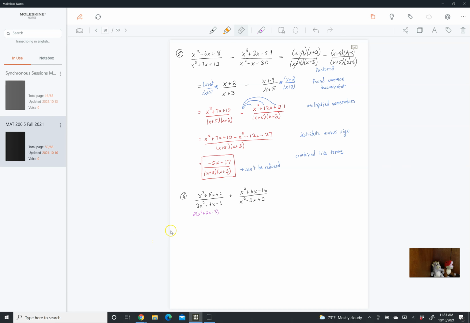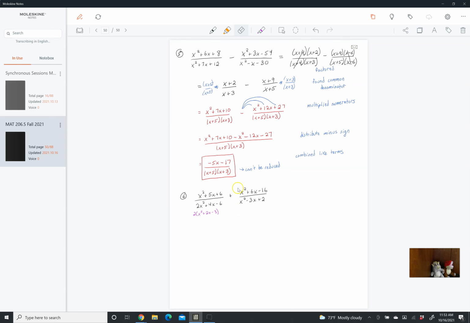You're going to have to pull out a 2 eventually, so you may as well pull it out first because that's going to make it easier for you to factor